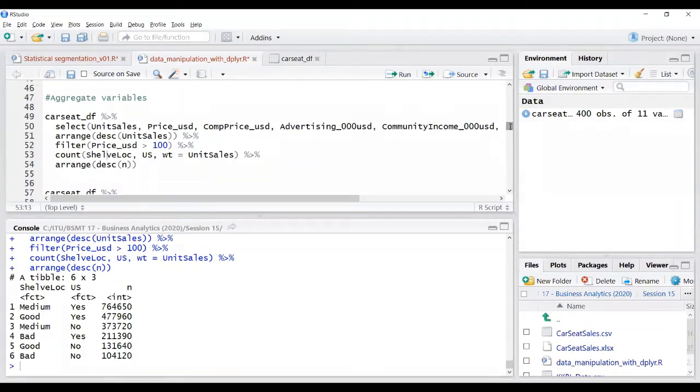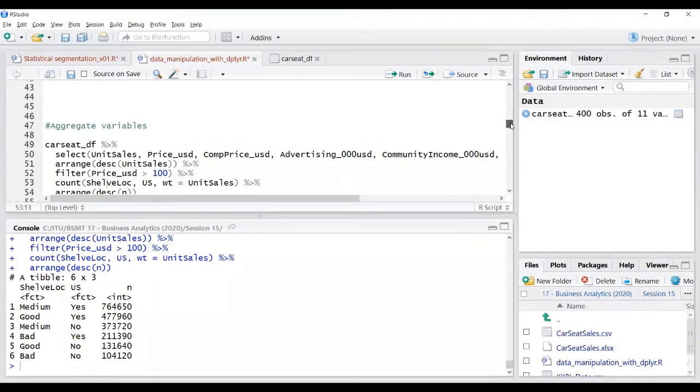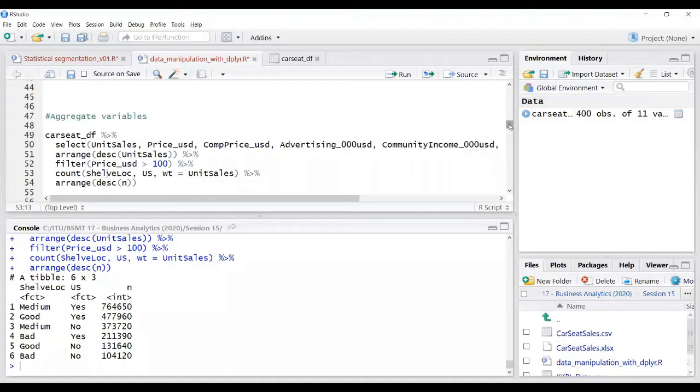We can also, of course, पहले आपने कहा था कि हमने इसको arrange करना है that it should be medium and then we should count the total for medium, तो हम उसके लिए अगर करना हो तो हमें यहाँ पे एक और फिल्टर लगाना पड़ेगा इसके काउंट के बाद, जिसमें होगा कि शेल्फ लोकेशन इज इक्वल टू मीडियम। अगर हमें सिर्फ मीडियम का देखना है, जी सर।